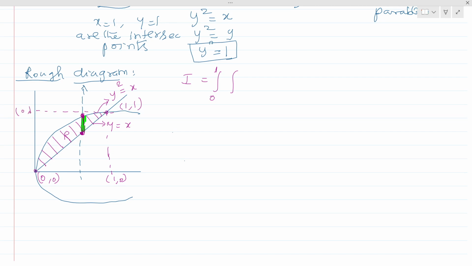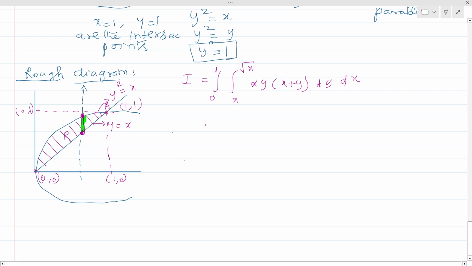This point is (0, 1). You can take this point as A. Fine. Therefore, we can write here the integral of xy(x + y) dy dx. So that is the integral over 0 to 1, and then